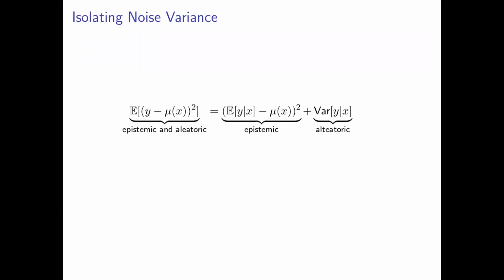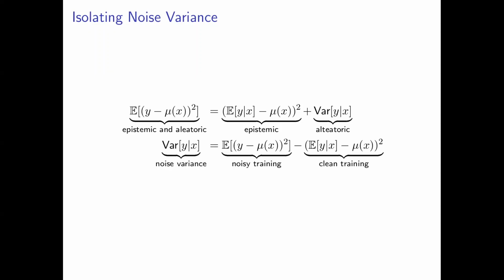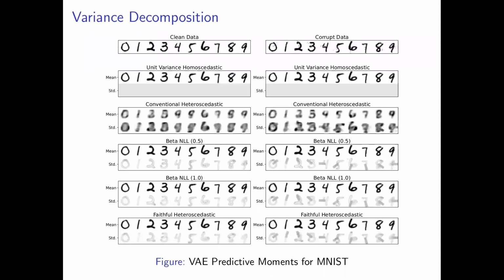We now examine if we can learn the true underlying noise variance from our well-calibrated model. Beginning at the bias-variance inequality, we rearrange terms to find that aleatoric noise variance is the difference in our estimator's mean square error with respect to the noisy response variable and their mean, respectively. A well-calibrated model will approximate these terms when trained separately on noisy and denoised data. We use VAEs on the MNIST dataset as a proof of concept.